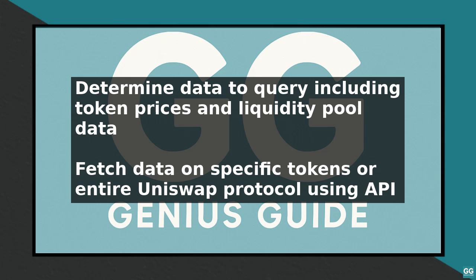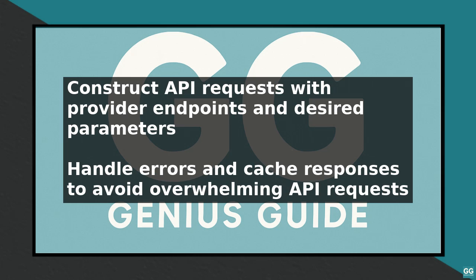To get started with querying Uniswap v2 via API, you can use a programming language like Python or JavaScript to make API requests and parse the responses. There are also libraries and frameworks available that provide a simpler interface to the Uniswap API, such as the Uniswap SDK. By following these steps and best practices, you can effectively query Uniswap v2 via API and unlock a wide